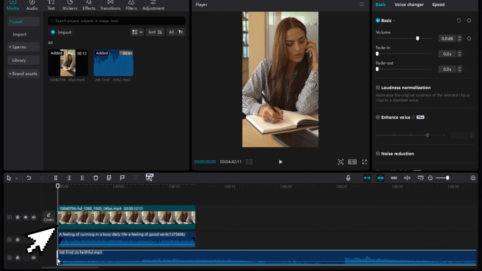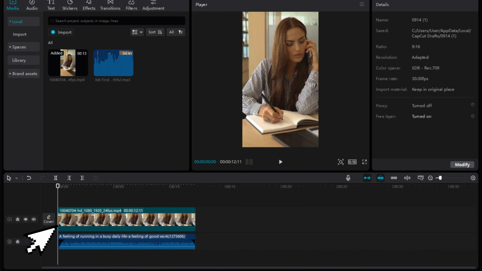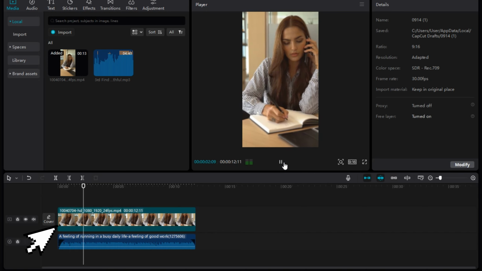Hello everyone, in this video I will show you how to put sound effects on CapCut. So this is a very easy tutorial. As you can see, this is how you add a sound effect or audio to your CapCut file, video